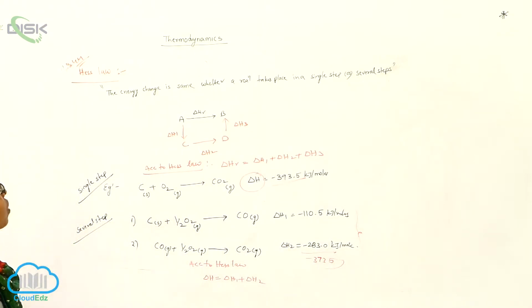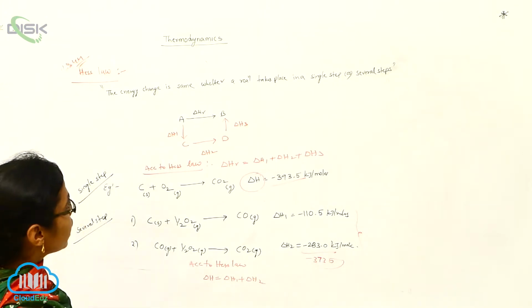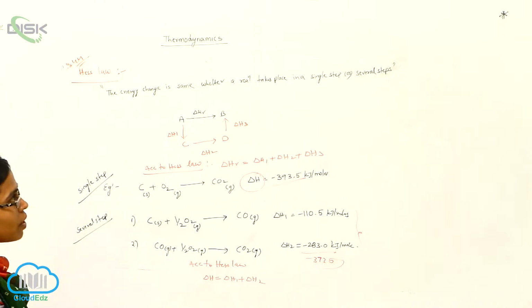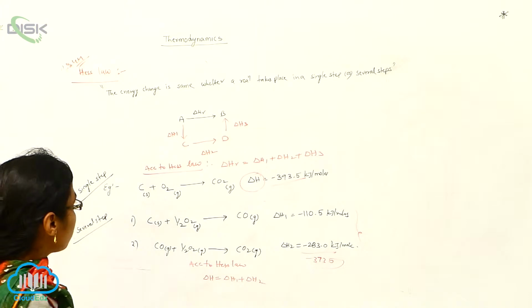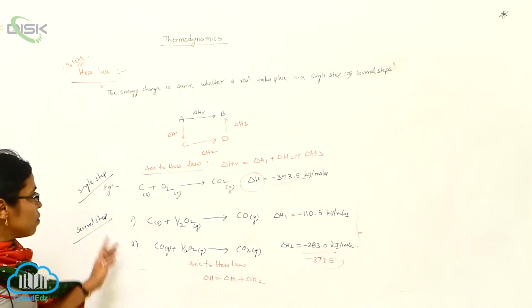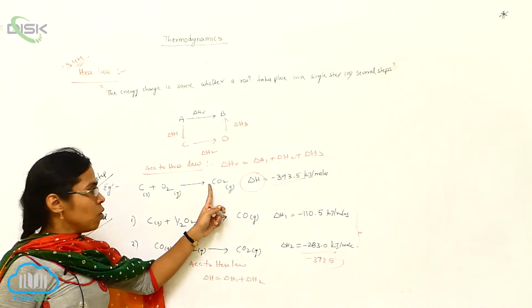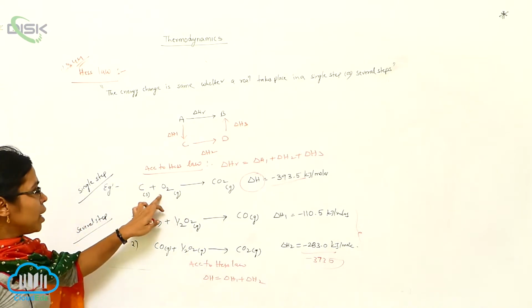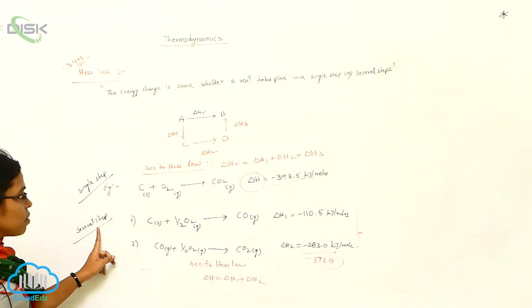Okay, what is the definition of Hess Law? The energy change is the same whether the reaction takes place in a single step or several steps. That is called Hess Law of conservation. For Hess Law of conservation, I am taking one chemical example, the formation of carbon dioxide. So formation of carbon dioxide involves two types of mechanism: single step mechanism and several step